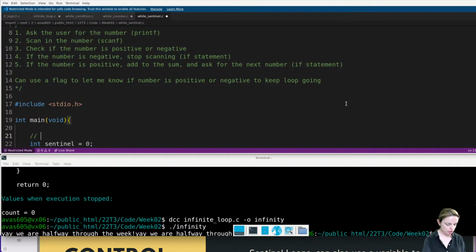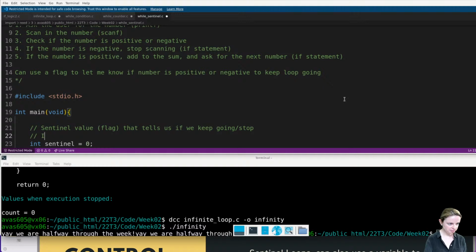So let's do, okay, Sentinel value, flag, that tells us if we keep going or stop. So initialize to 0, which we will assume to be the case to keep going.